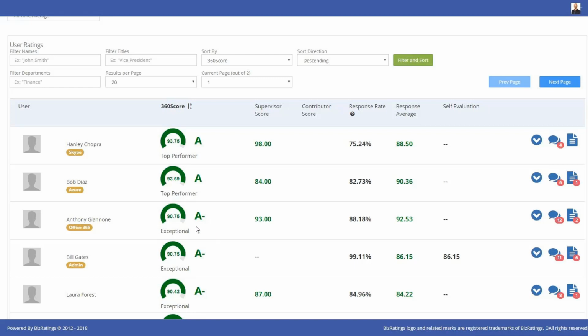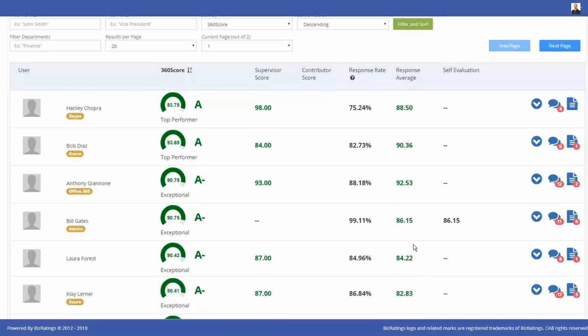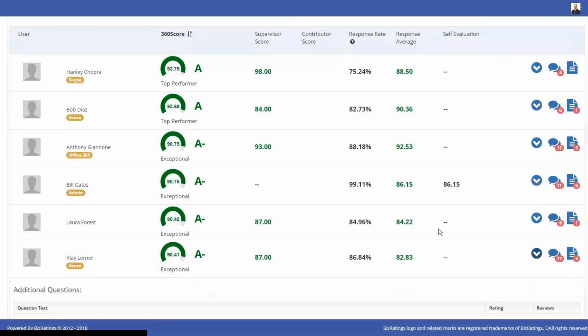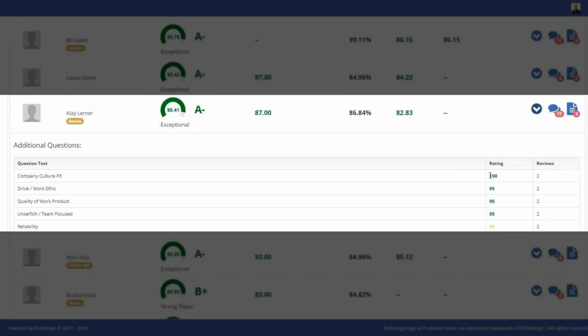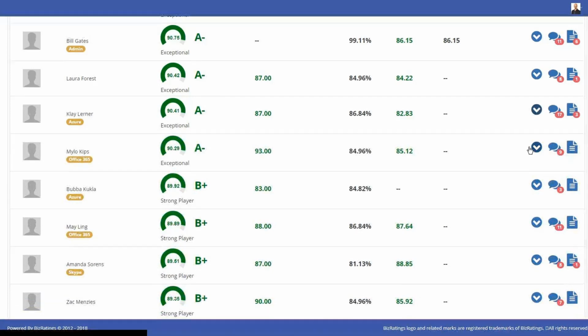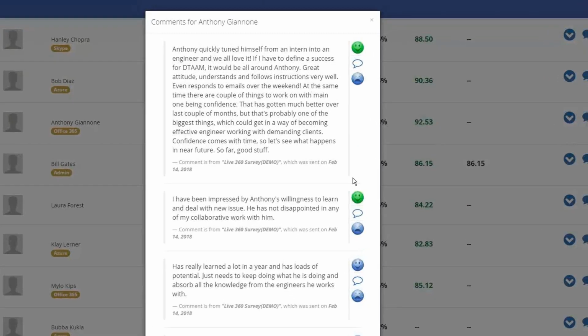But specifically, what makes it even more actionable is the additional color that you get. So remember those additional questions? We now have those responses broken out based on the scores, the weighted scores from your coworkers. So we know Clay needs to work on his reliability, but the other things are incredibly strong. But then the true gold is in these comments.